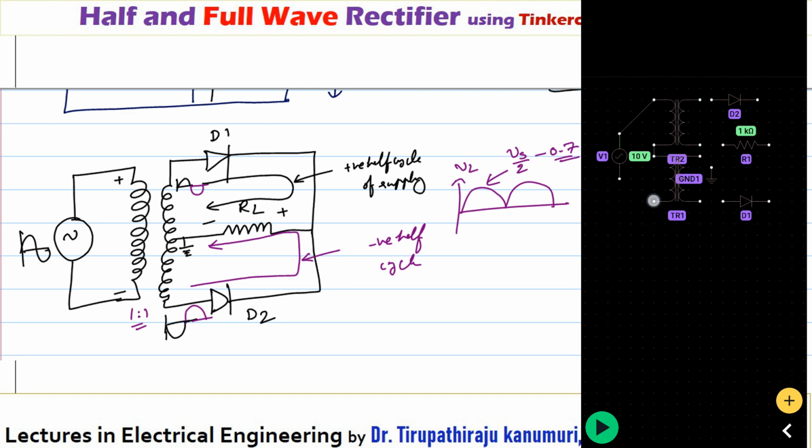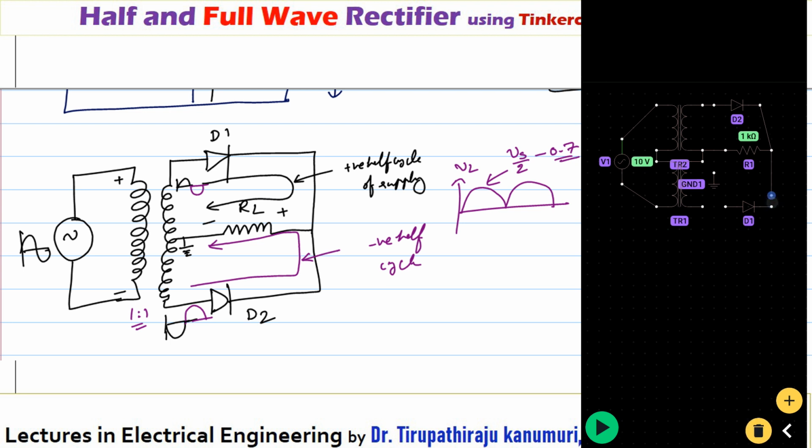You have to take the transformation ratio accordingly, whether you want to step down or step up. After that, make the connections. For making the connections, I just click on the bubble and then click on the second bubble, then automatically a wire will come between them. You click on each bubble, then click on another bubble, and the wire will come automatically. You just go on clicking in that way so that all the connections will be made. You can see here I am making the connections according to our diagram only.